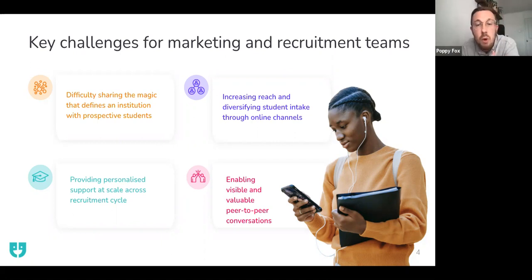So with Unibuddy, what we're doing is helping to facilitate these conversations in a secure environment so that universities can use these conversations to generate leads, but also critically provide personalized support and guidance to hundreds or thousands of existing leads and applicants without the need for interventions from recruitment or admissions teams. Because not only are we responding to this trend of needing social proof when making a big decision in higher education, but also this increased need for personalized support, and it can be really hard to deliver that at scale.